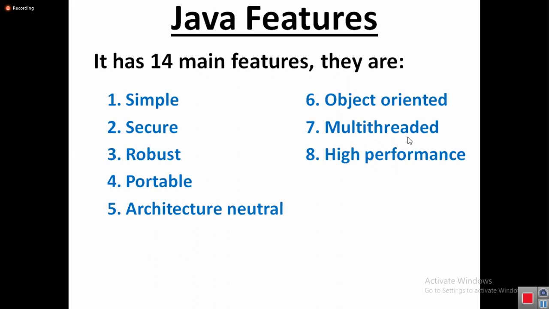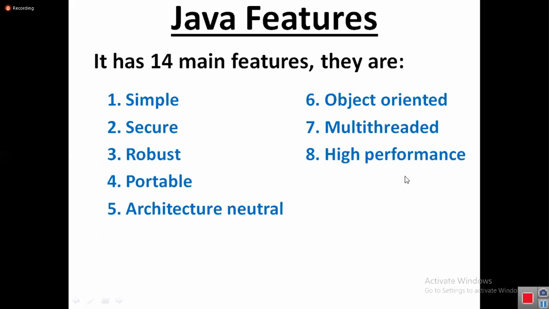Because of multi-threading. It is executing multiple tasks at a time. If you introduce multi-threading to your project, then it is high performance. If you don't introduce multi-threading in your project, then it has less performance. Yes or no? Java is a high performance programming language. Java programs are executed fast because of their multi-threaded nature. Okay, fine. I hope these three features are understood. Yesterday I told you these five features are a little bit heavy, but the next features are fast and we can complete them. I hope everybody got clarity.